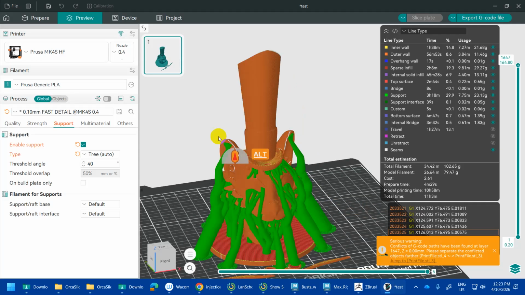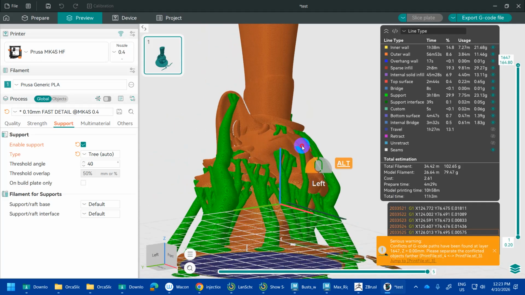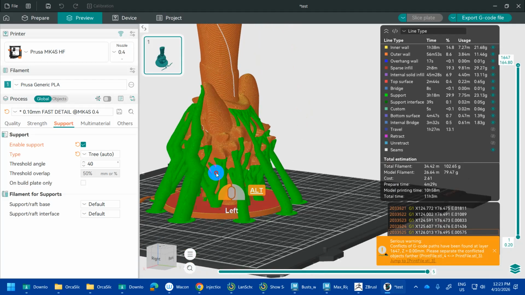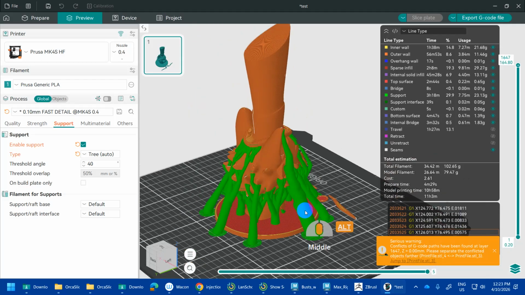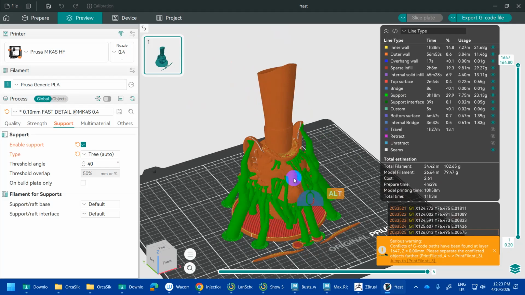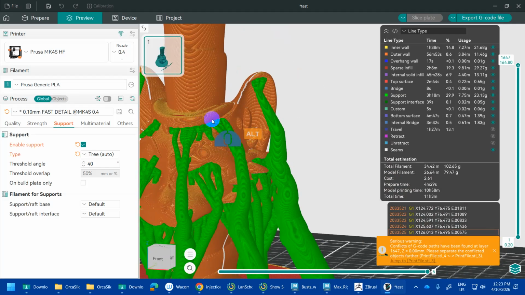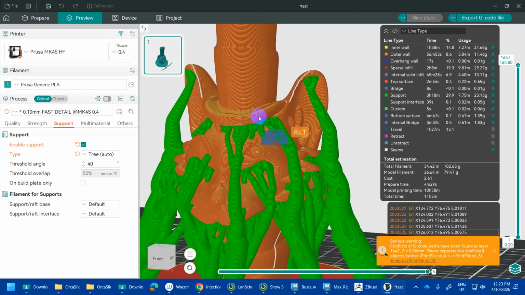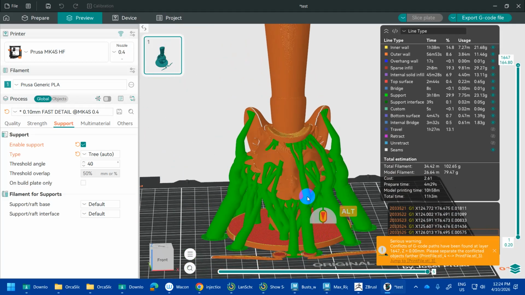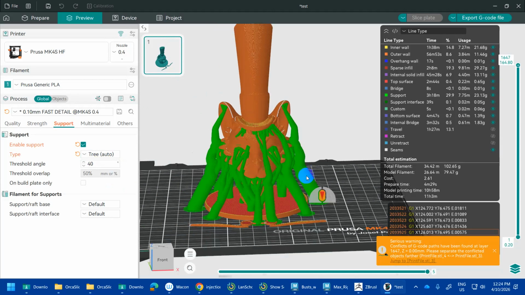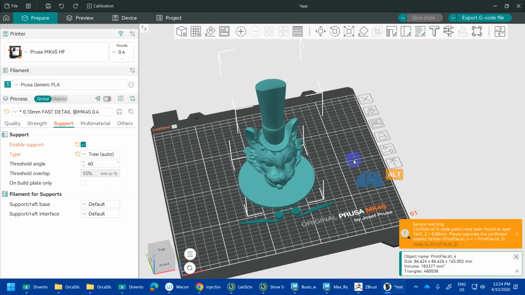So funny sometimes. Can't always tell how it's gonna turn out, but yeah. So sometimes I'll go with either the thing that I feel like is going to give me the best supports. The supports can also create some little scarring or some issues with the contact points. So sometimes I'll switch between tree and normal, just depending on how I feel like it's going to